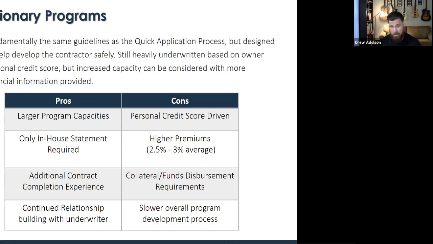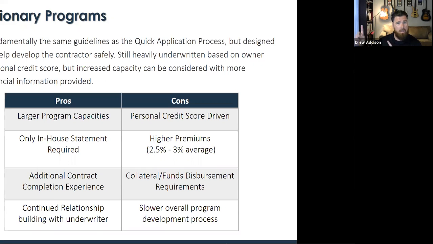these programs are a little bit slower in development. So, if you're looking for boosting capacity, something we can negotiate higher capacities for you than what's on the quick application. So you might be able to go after slightly larger work. But if you're looking to go after larger work sooner, it's probably going to happen a lot slower. So again, get with a good construction CPA. Your tax CPA is not going to be able to help you here. You need a construction CPA.